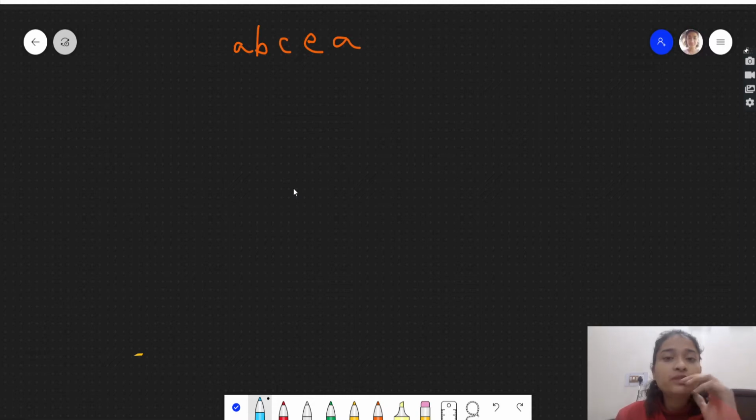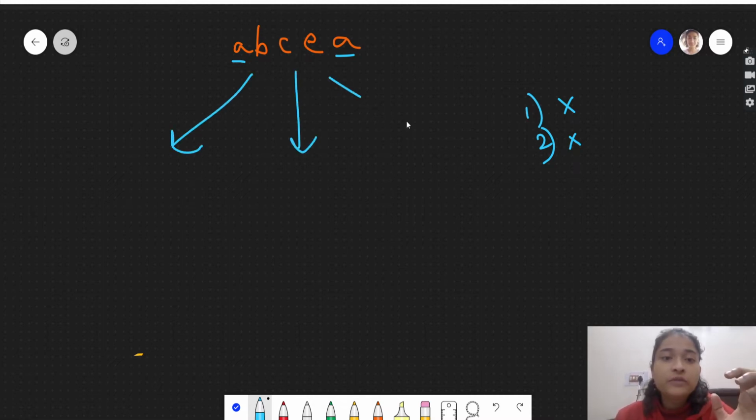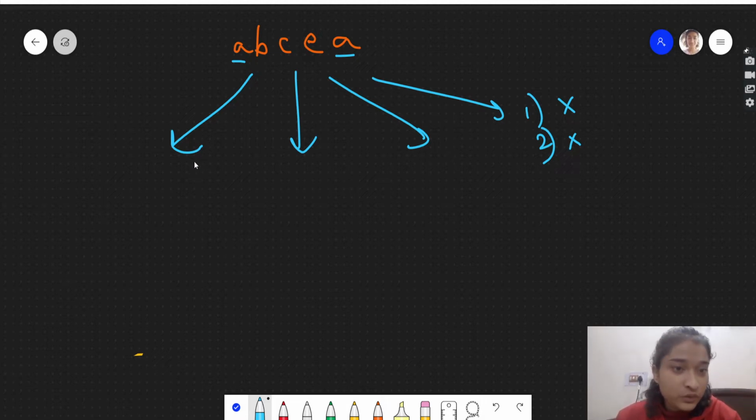So we should think how we can know that there are two same characters. We cannot use a map, we cannot sort them, right? So see, there is no other way. If you think of different possibilities, what all things you can do in this problem. You cannot use an extra data structure, you cannot sort.